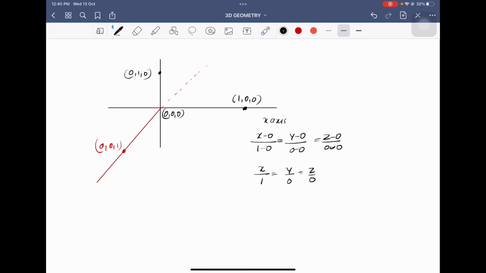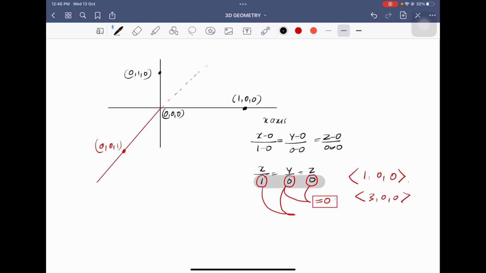Why are we taking this example? Because in the Cartesian form of the line, if there is something in the denominator which equals 0, it does not mean that this is not defined. This is well defined. Why? Because the value in the denominator simply represents the direction ratios in that particular direction, that is, the parallel vector. So in Cartesian form, this is well defined. It simply means that the direction ratios of the vector parallel to it will be of this form. Here the direction ratios are simply direction cosines. You could have also taken a point 3, 0, 0 or 2, 0, 0. So this is the equation for the x-axis.